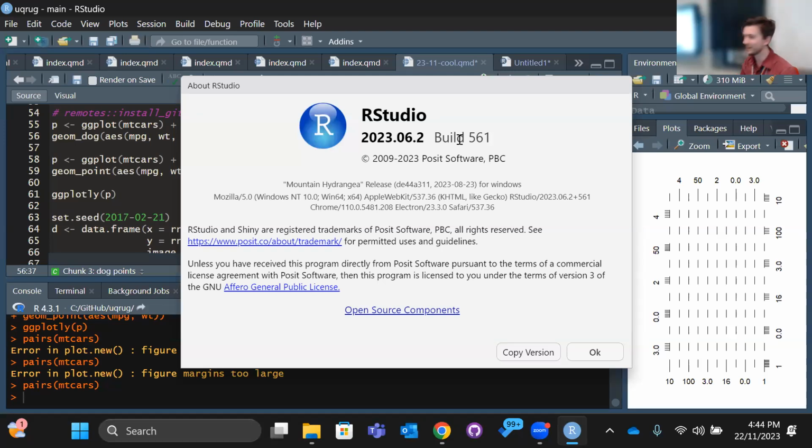No, the numbering system predates that. I think when they changed from RStudio to Posit, they changed the numbering, and that was like last year or something, but that version's from 2020.